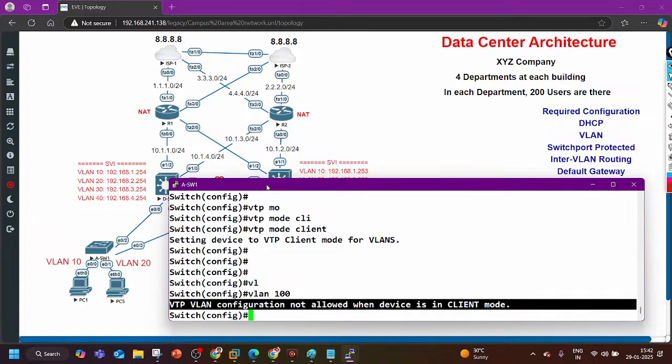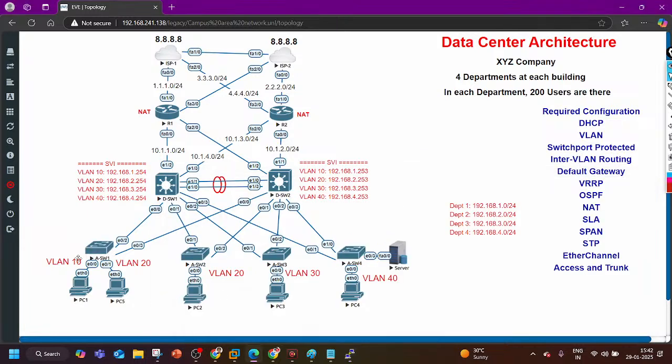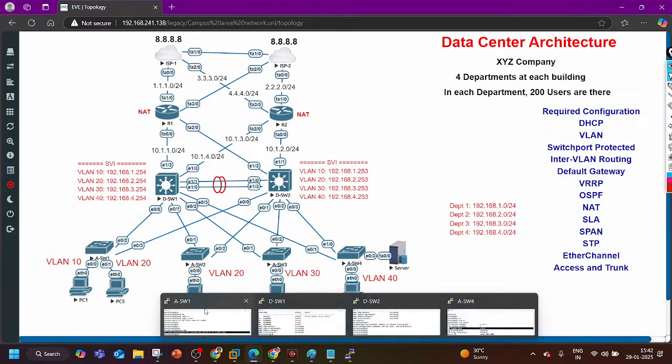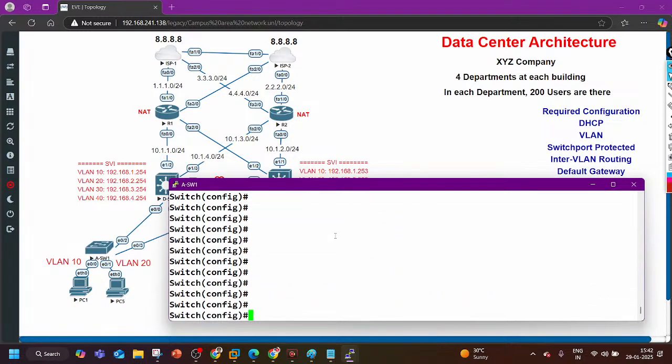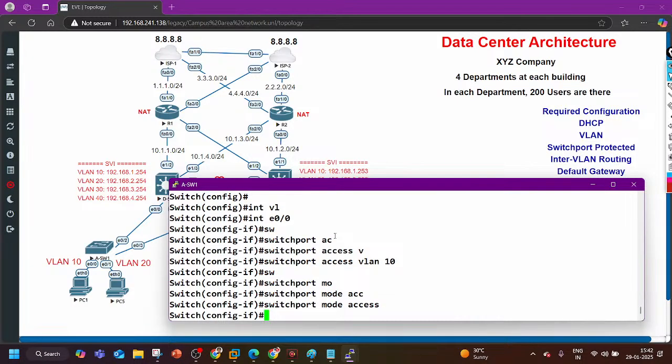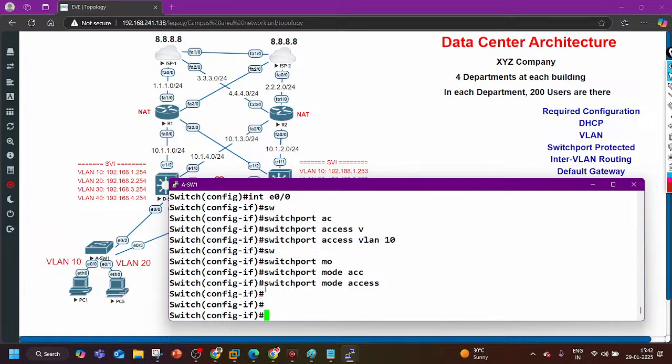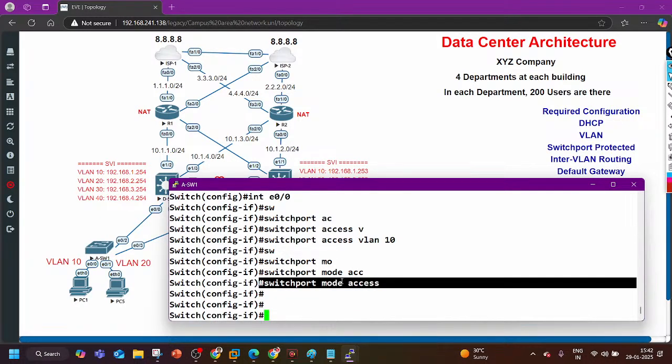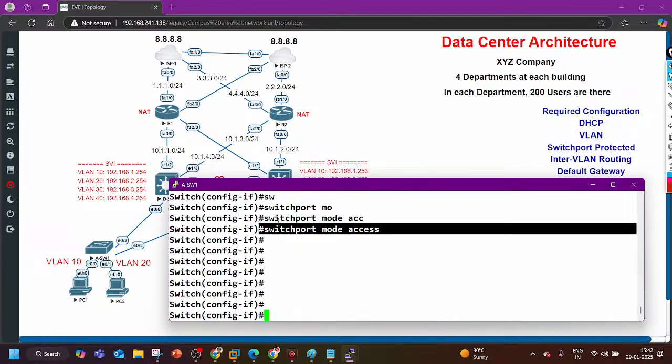Can I move further? VTP is done. DTP is done. What next? Now we can put the interfaces in VLANs. Let's say here on access switch 1, I am going to configure PC1 in VLAN 10. Interface 0/0, switchport access VLAN 10 and switchport mode access. This command will disable the DTP protocol on the port. Okay. The command is going to put the